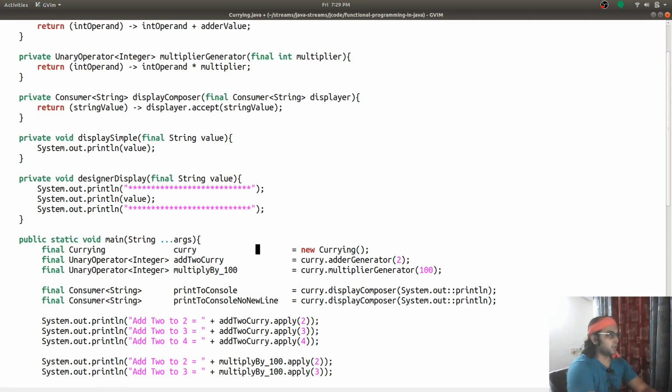Let me format this. For that I will have to remove this.